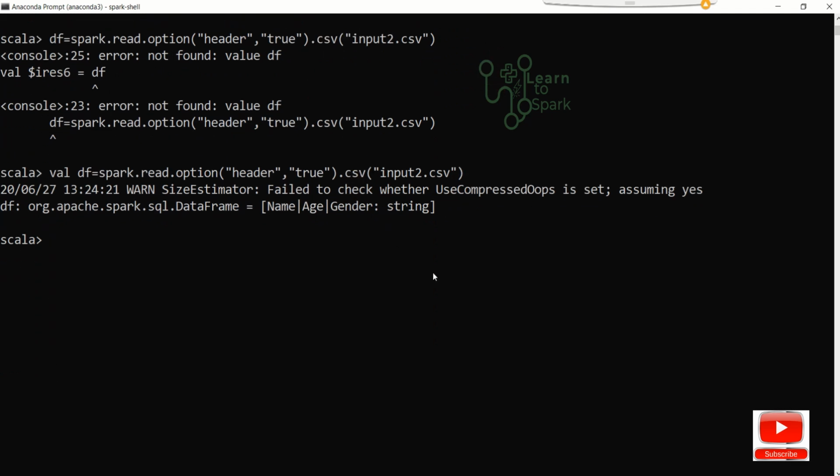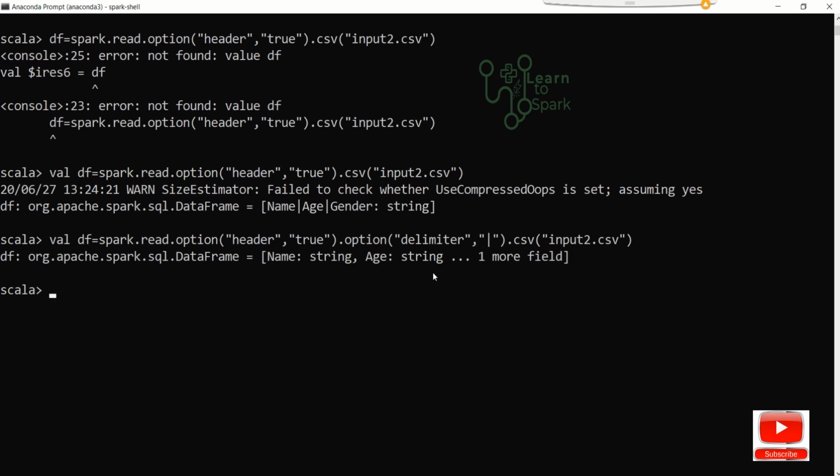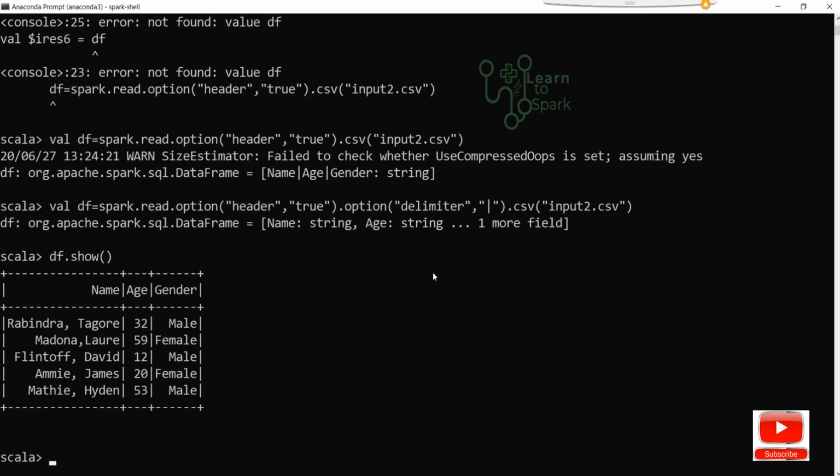Sorry, it is a delimited file. So now we have read the data frame. I will quickly show you what is the content in that. We have three columns: name, age and gender.